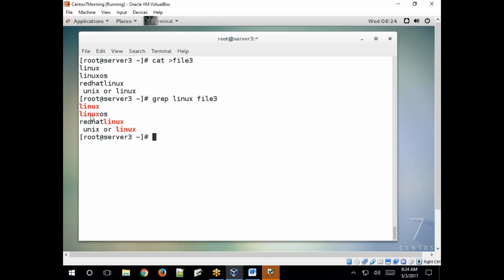So Red Hat Linux, Linux OS, both the lines are returned. So if you specify -w, it searches for the whole word, and only the particular word line is returned, not matched with any other word. Okay, whole word.